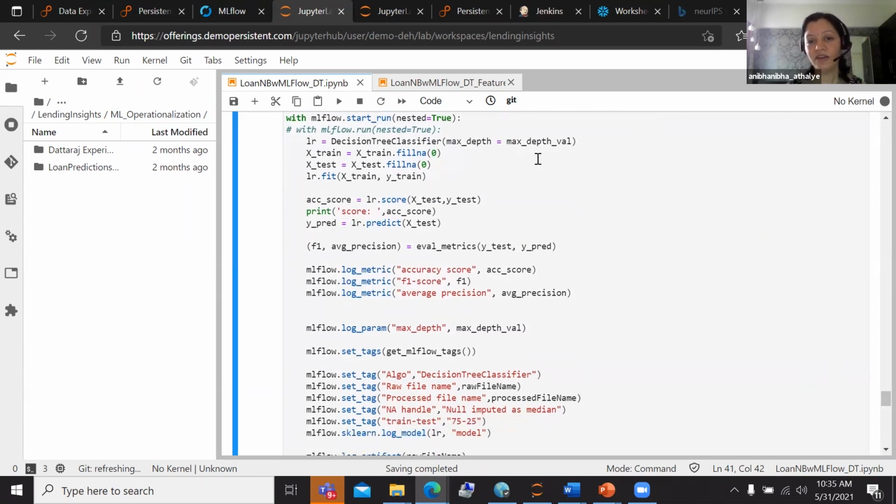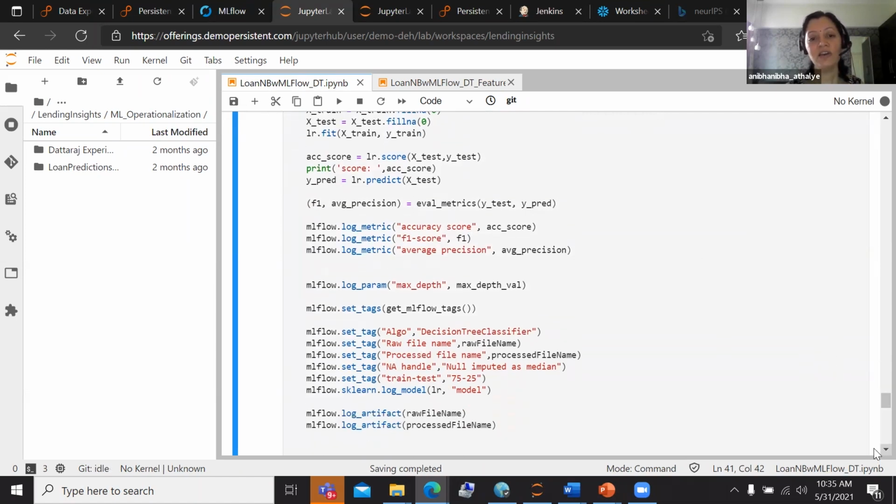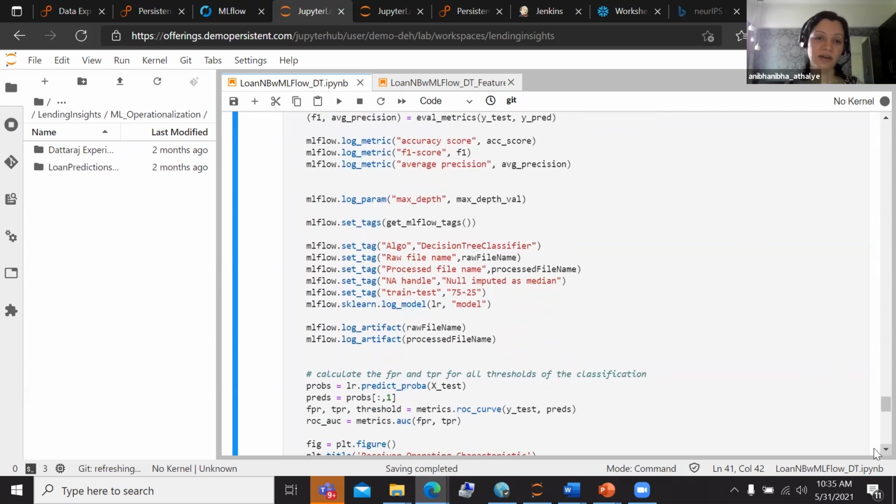I'm doing my specific decision tree fitment over here, and here is where I start logging certain parameters. If you see, this is happening very synchronously. As you would be running this notebook, as you would be running the model, training the model, all of this will get logged. So the first thing that you see over here is the logging of the metrics. MLflow allows you to log various metrics. This is where you are able to document what the metrics are, what the evaluation mechanism is that I have used to evaluate my outcome.